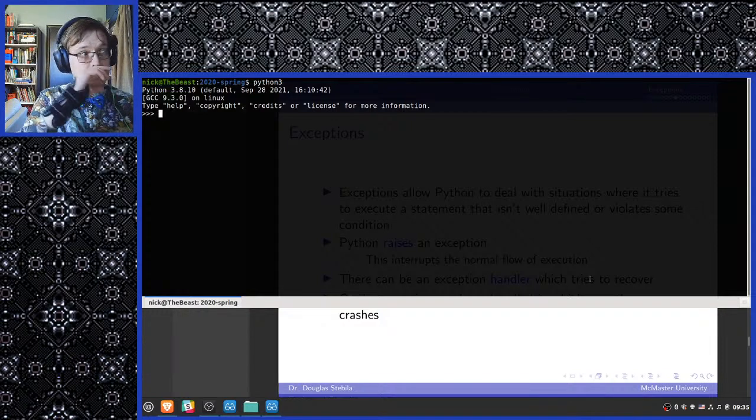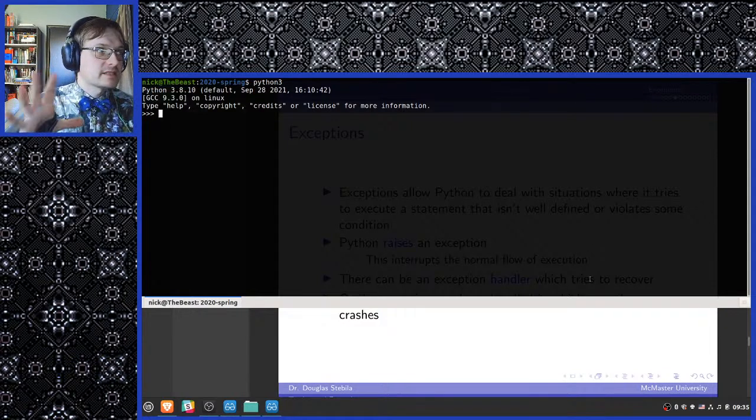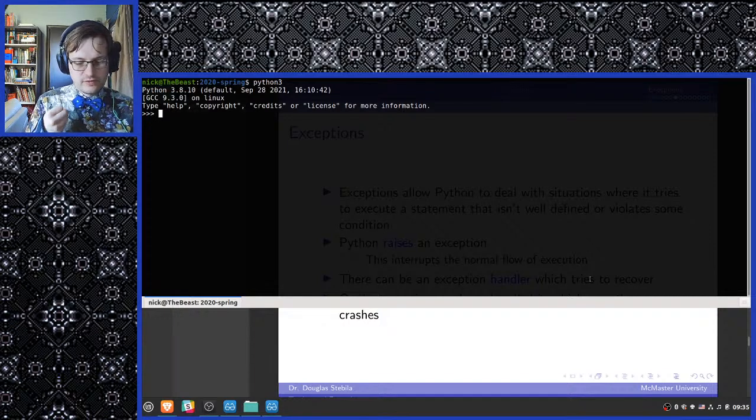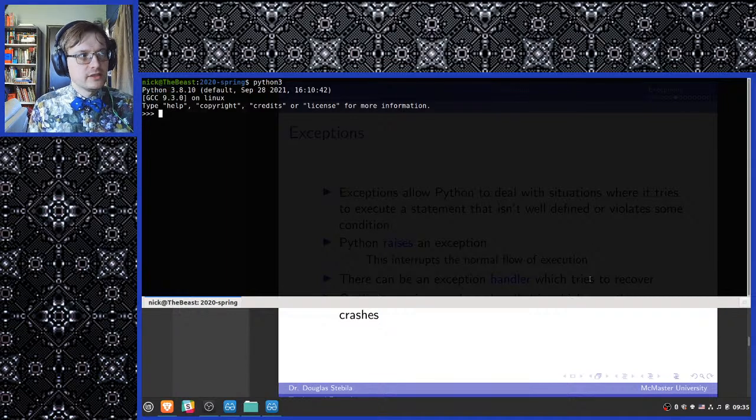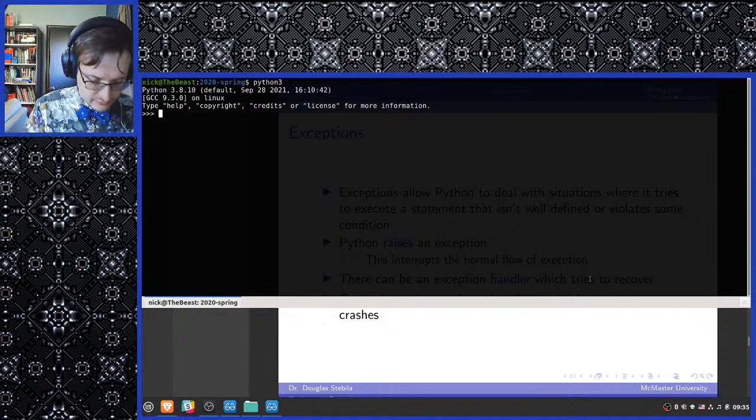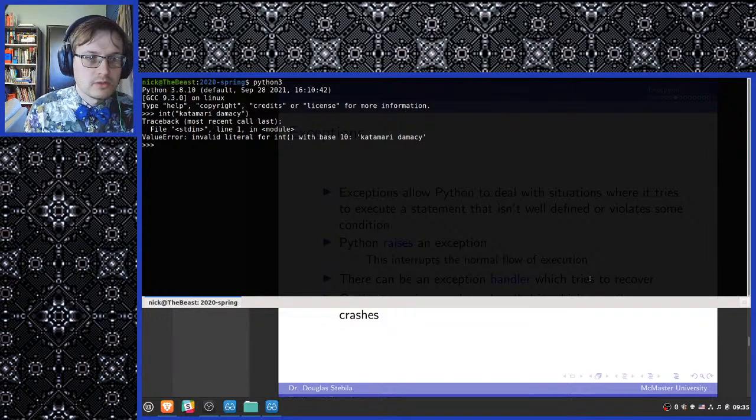So, as we said last time, Python has an inbuilt mechanism for handling values that really you shouldn't have to worry about. That's one way of thinking about it. If you're trying to do something that's incorrect, you will end up with an exception. For example, if you try to integer convert the word Katamari Damacy, you will get a ValueError.